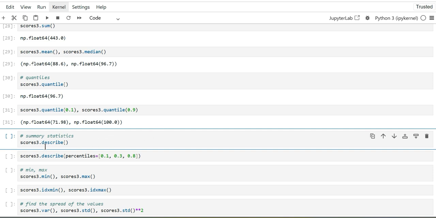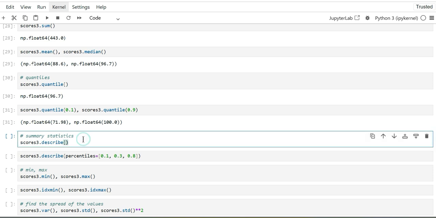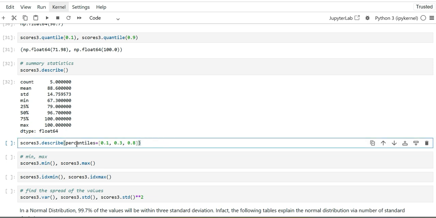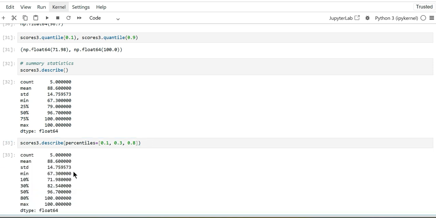We can also use the describe method to compute the summary statistics. If we don't specify any percentile in the describe method, we get the 25th percentile, 50th percentile, and 75th percentile. We can specify the percentile values as well. Here we get information about 10th percentile, 30th percentile, and 80th percentile, along with the 50th percentile or the median